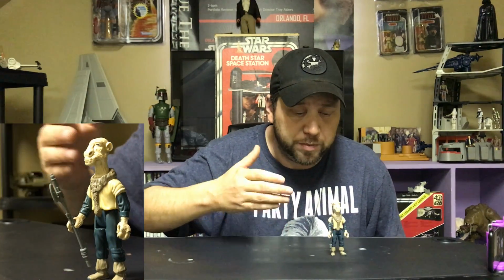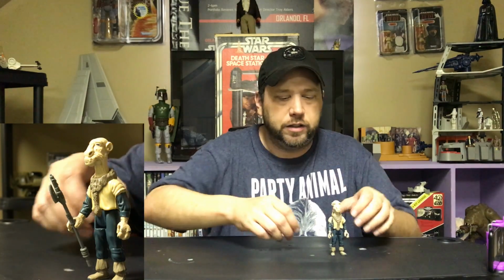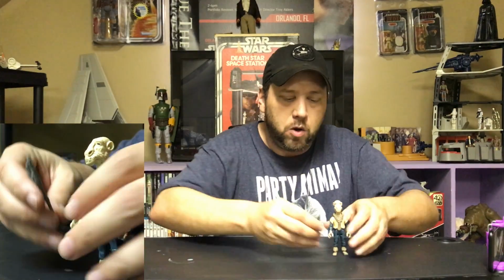Although I've heard in some countries, he actually came with a gaffi stick on the Tri-Logo card. I think that's on the Spanish card if you can find it. We're talking rare among rare among rare. So for the most part, the Tri-Logo figure has him without his staff, and the Power of the Force has him with his staff. What raises an interesting question, if you collect the loose figures, is Yak Face complete without his staff, or is he complete